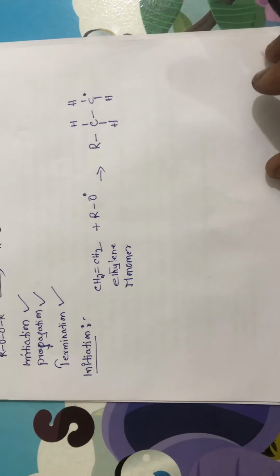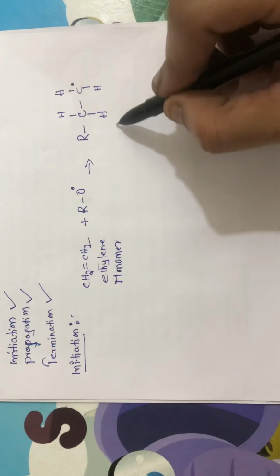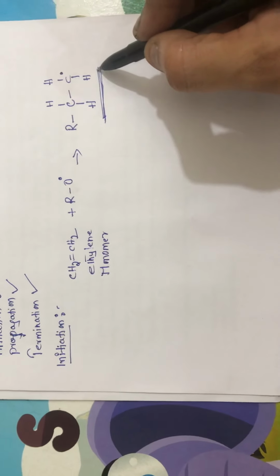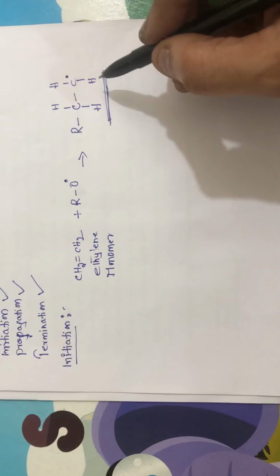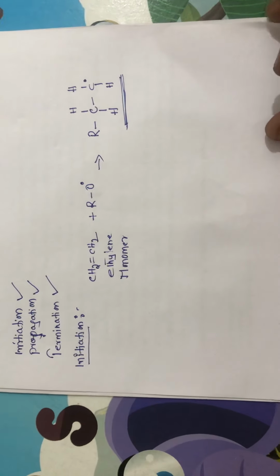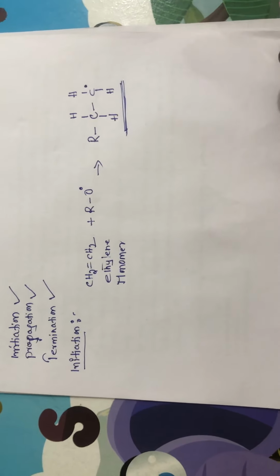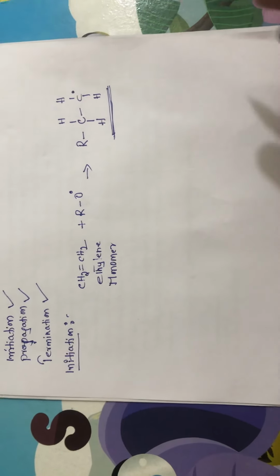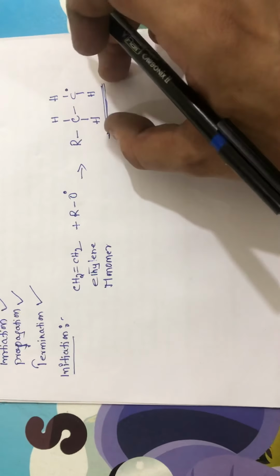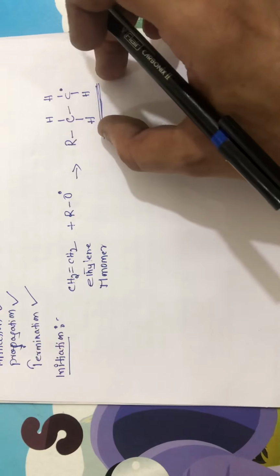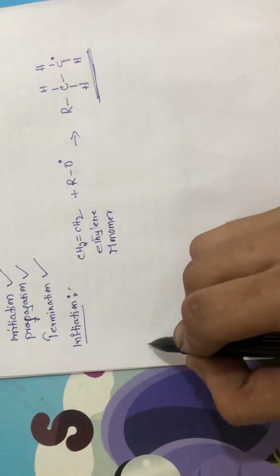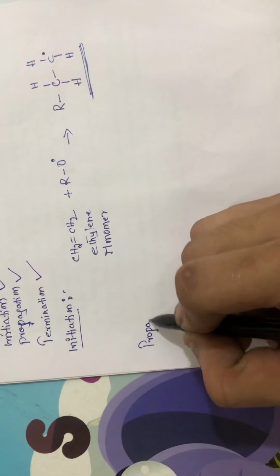Now in this step, the obtained product is called an active monomer. That means now the monomer has enough strength to produce a polymer by calling other monomeric units to come and join with it in forming a long chain. That means this monomer is active in increasing the growth of the chain. Okay, how it increases the growth of the chain can be understood in the next step, that is propagation.